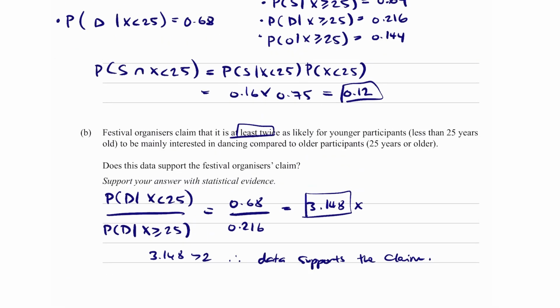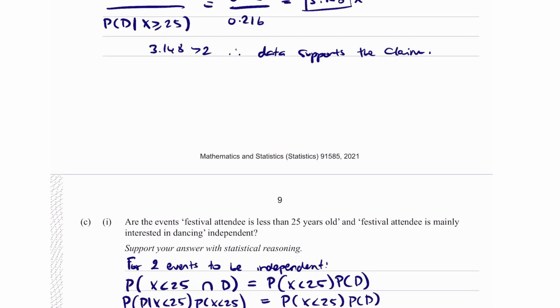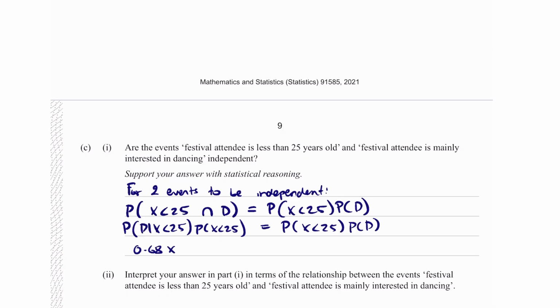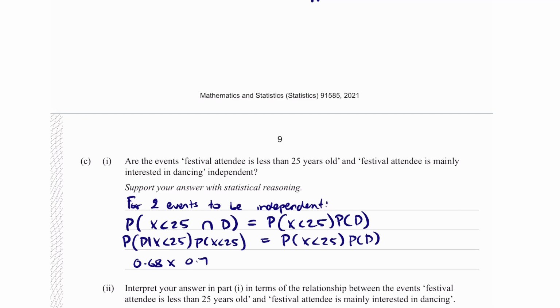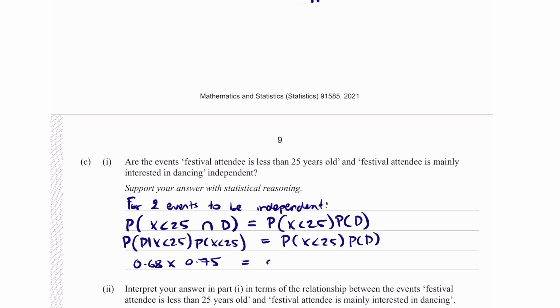So what's the probability of being less than 25 and dancing? This is the same as the probability of dancing given that you're less than 25, multiplied by the probability of being less than 25. Now this has to be equal to what we said on the right hand side: the probability of less than 25 multiplied by the probability of dancing. So what's the probability of dancing given that you're less than 25? It's 0.68. Now this gets multiplied by x being less than 25, which is 0.75. This is equal to the probability that x is less than 25, which is again 0.75, multiplied by the total